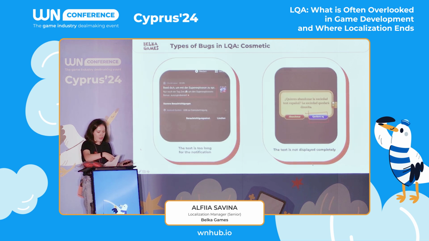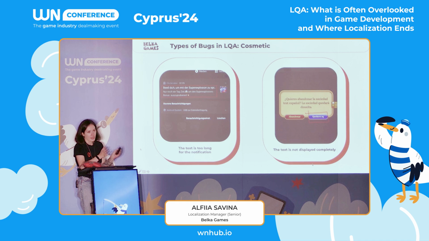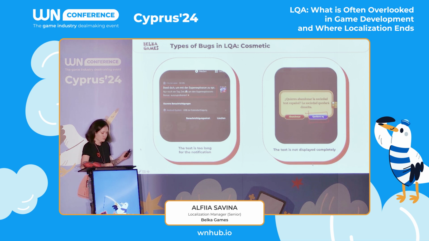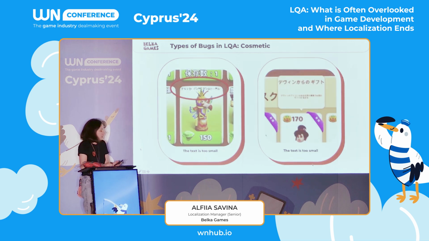Okay, the next ones are also cosmetic bugs. We see that the text is not fully visible. So in this case, we also shorten the translation or enlarge the text box. Of course, the first option is easier to implement. Here we see that the text doesn't wrap automatically in the game, making the string nearly unreadable. Manual line breaks help us solve these kinds of issues.